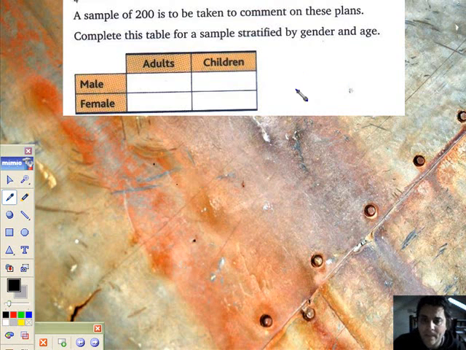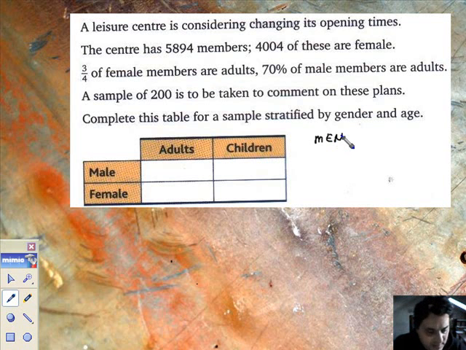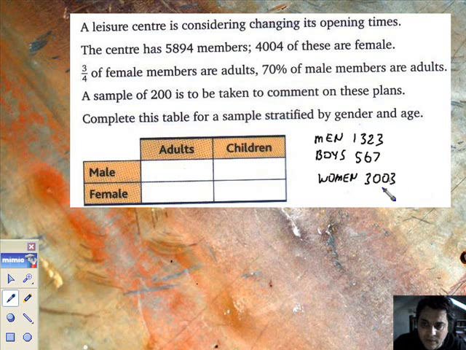So what do we got here? We've got men. So the men were 1,323. The boys were 567. The women, that's the adult women, that is 3,003, and the girls, the remaining 1,001. So these are my absolute numbers, and as you can see, to have a sample of 200,